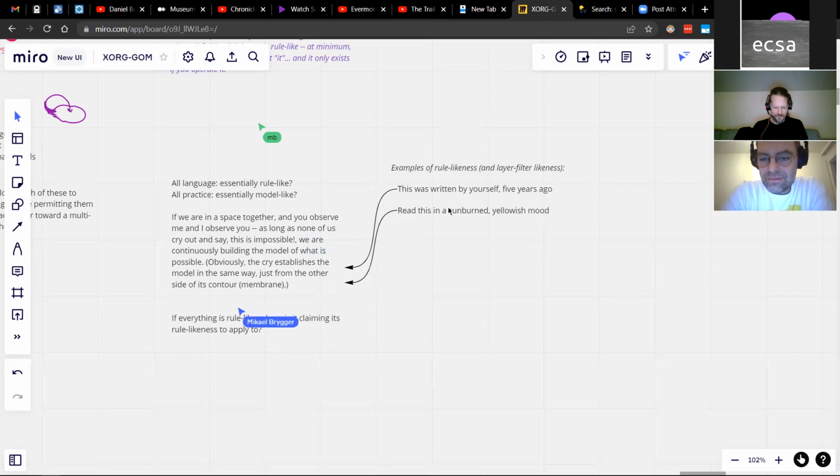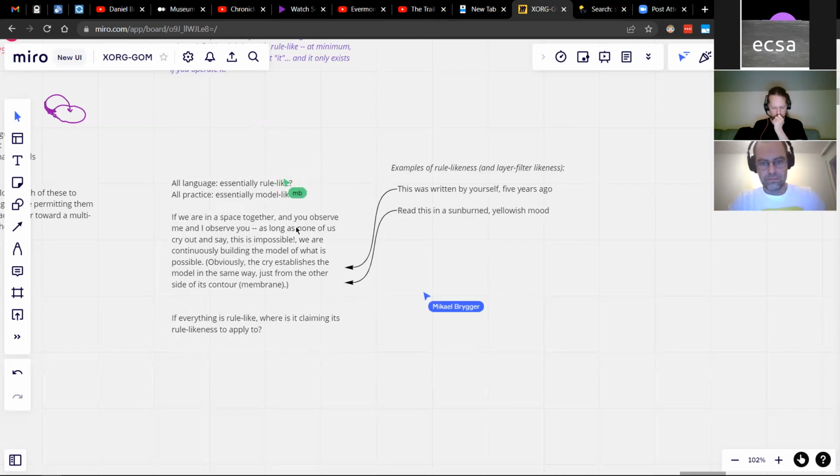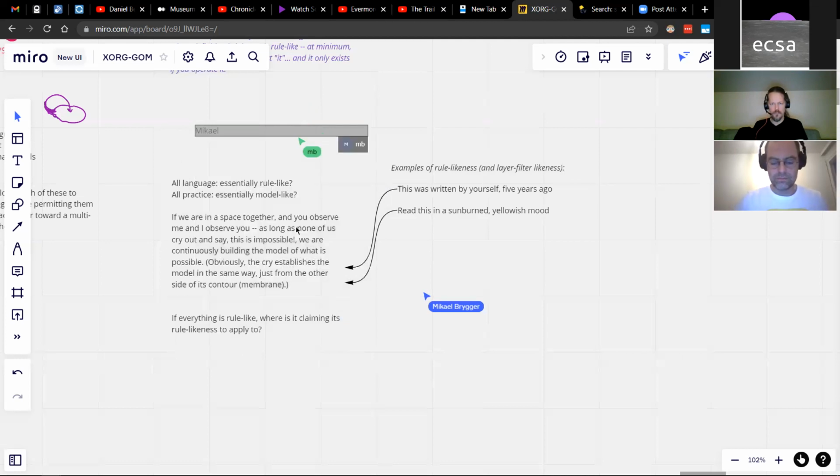And there's a couple of things I just want to highlight here. Especially with the first one, this was written by yourself 5 years ago. This already turned this into a board game-like situation, even though there are no rules written with that. The text starts to behave like a board. It's not merely a matter of their composition, but if I switch this setting on, if I take "this was written by yourself 5 years ago," then this text is changed by this layer filter.